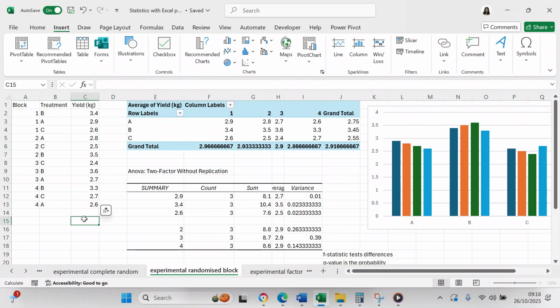So we're going to have row labels and column labels. The row labels are going to be A, B, C, and the column labels are going to be 1, 2, 3, 4, because you have 4 blocks. Then you have a grand total for 1, 2, 3, 4, as well as a grand total for A, B, C. What we're going to do is another ANOVA, but this is going to be